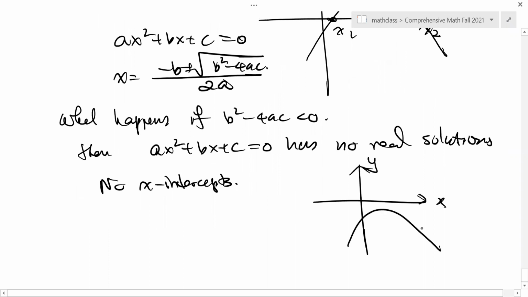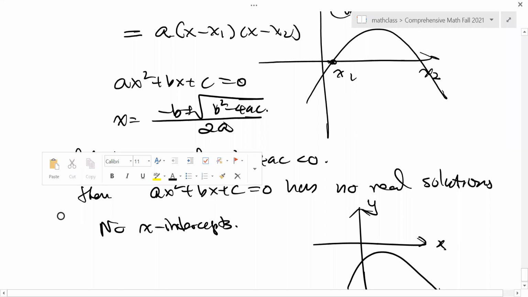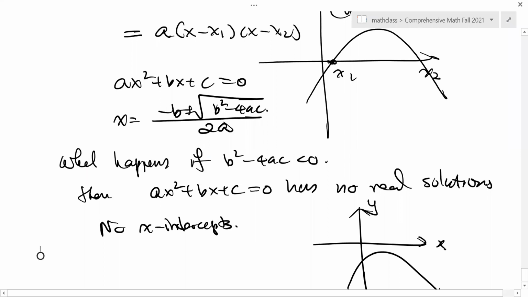Its graph is completely below the x-axis. And formally, you can still say you have two solutions, but the solutions are complex numbers. So that's about the quadratic function. I hope you understand the quadratic function and its graph. If you're not familiar with it, then spend a little bit more time. And another thing I forgot to mention, you should